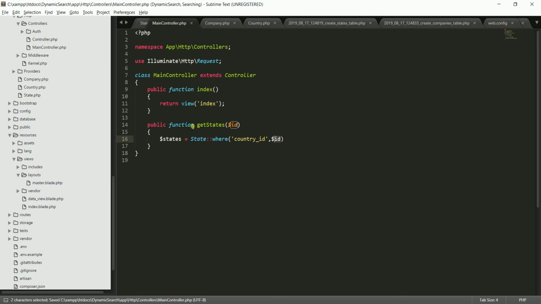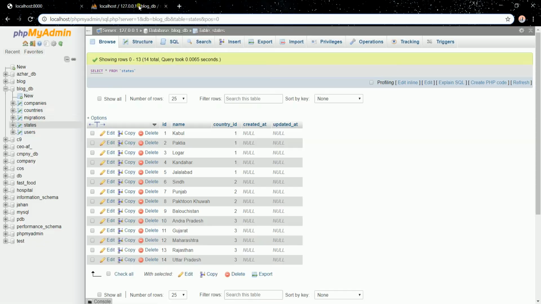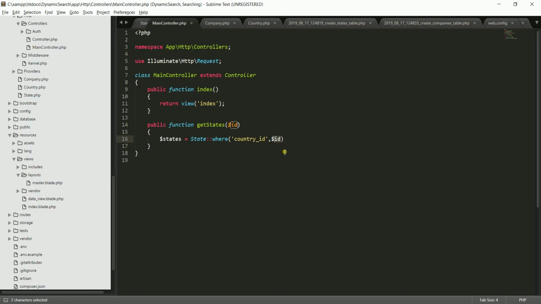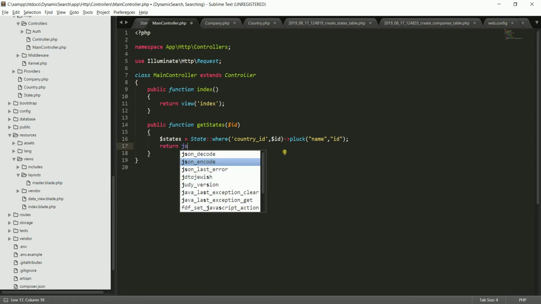So we are searching in the states table where we are passing this country ID. So get me the data where the country ID is equal to whatever we are passing. And from them just pluck or get the name and ID fields or columns. So these are just column names,